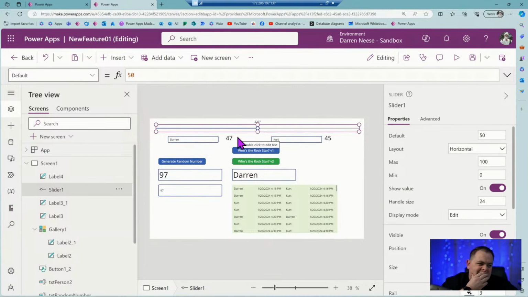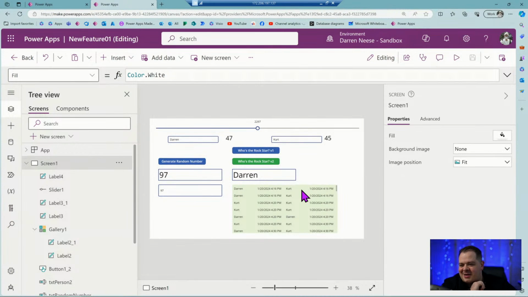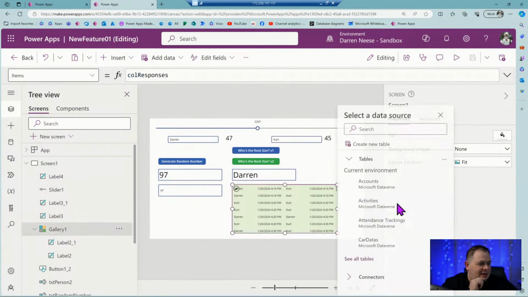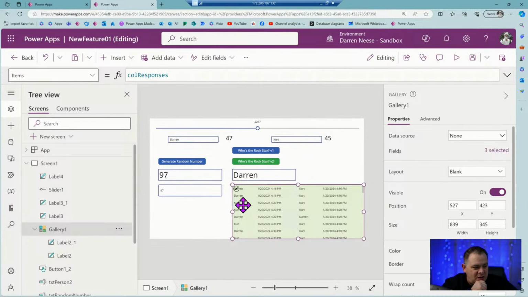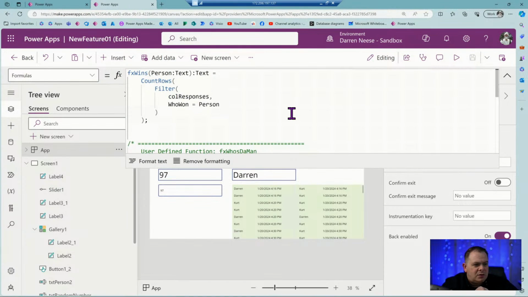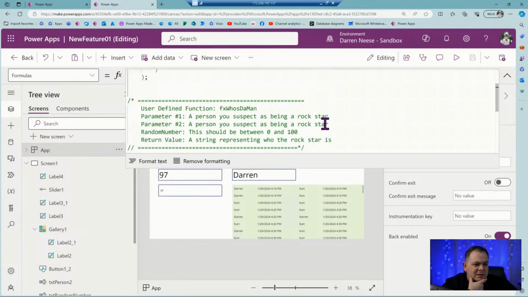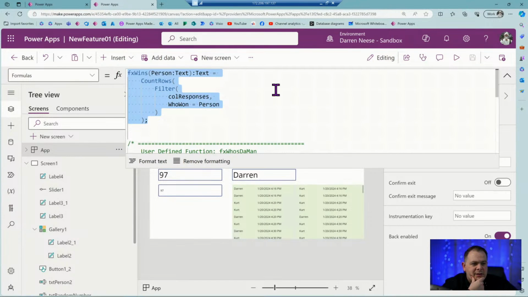I'll be sitting here in silence too long to make this interesting. But I think this is really cool, what we've done. We've got a whole log of what's been going on here, and we've got counts. We know how to create a function. So I'm going to click on app formulas. We know how to create user-defined formulas or user-defined functions, as they're often called in other languages.